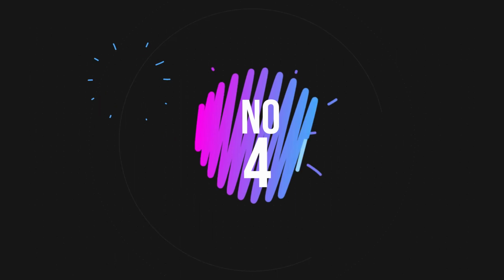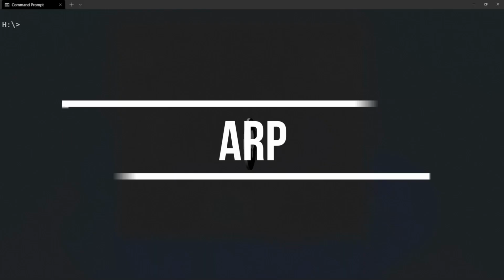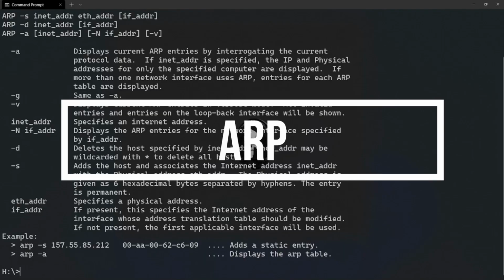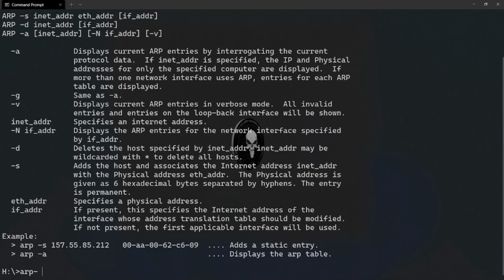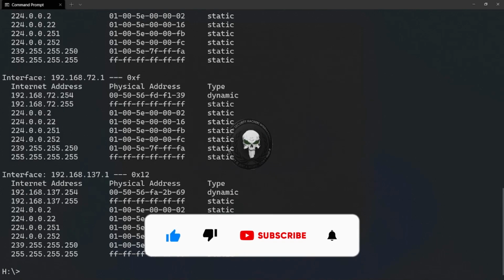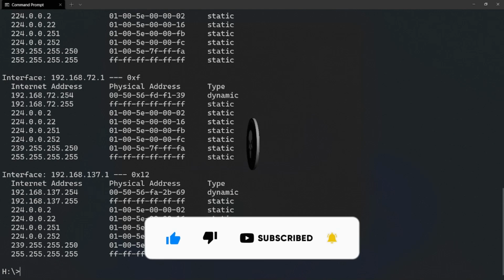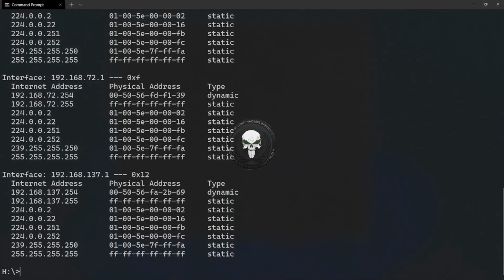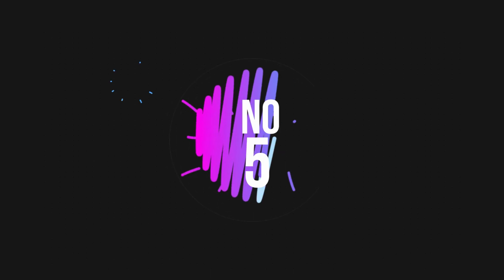Our next command is ARP. This command helps you to modify the ARP cache. You can run arp -a on each computer to see whether the computer has the correct MAC address listed for each other, so that pings between them succeed on the same subnet. This command also helps users to find out if anyone has done ARP poisoning in their LAN. Try arp -a in command prompt.